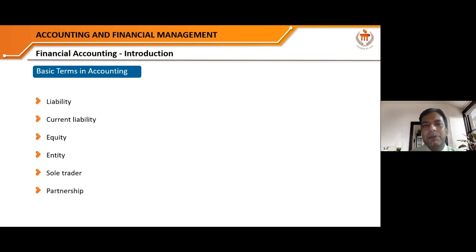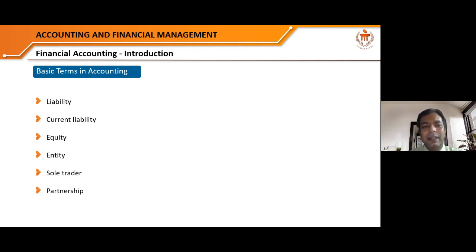Then partnership, where two or more persons agree to share their profits, we call it partnership. So when two or more persons agree to share profits for a business and to have a common goal, we call it partnership. Right. We move next,